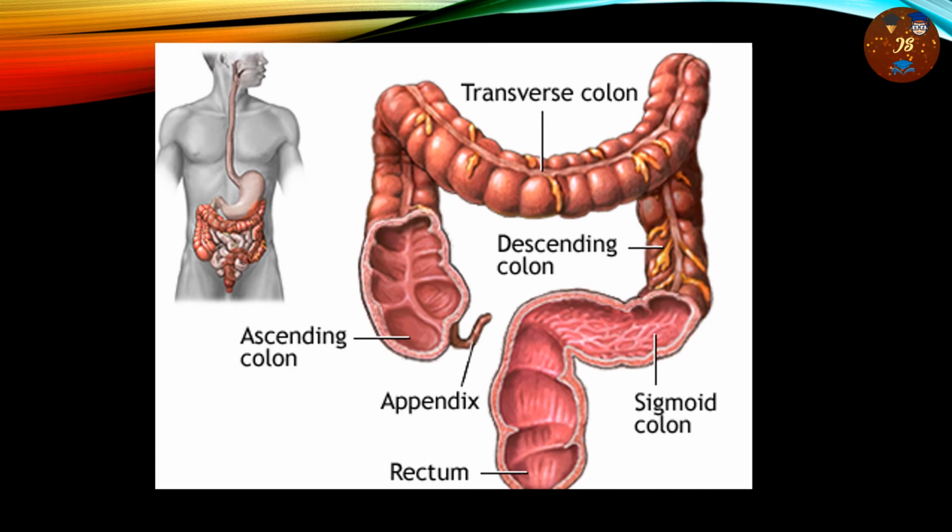Now, what are the different parts of the large intestine? Just now we saw that the largest part is the colon. The colon is divided into 4 parts. Ascending colon is the first part, second part is transverse colon, third part is descending colon, and the fourth part is sigmoid colon. So there are 4 different parts of the colon. Ascending colon goes upward, transverse colon is placed transversely, descending colon goes downward, and sigmoid colon is closely associated with the rectum, and as I have said, this is the appendix.